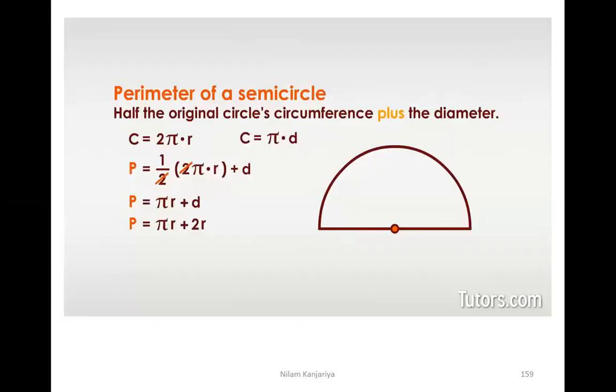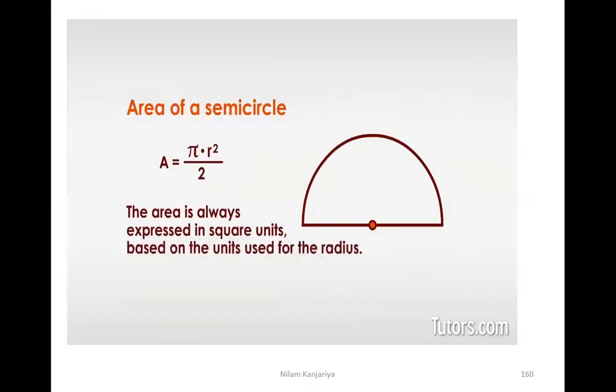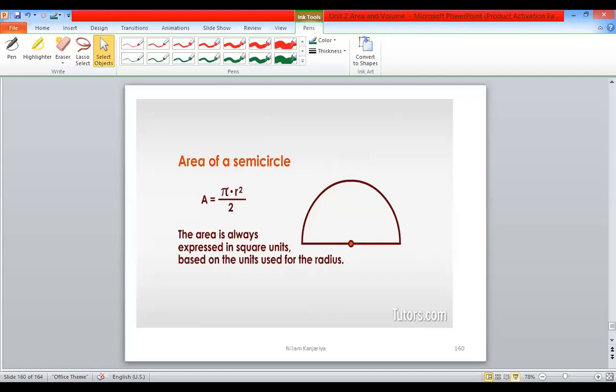So look here, student, this is the formula to find the circumference of the semicircle. Remember, this is pi r plus 2r. If r is common, then r(pi plus 2). And the area of the semicircle is pi r square by 2. It's called the area of the semicircle. So now we discuss two examples here to understand these two formulas.